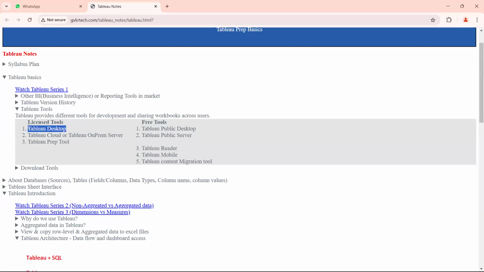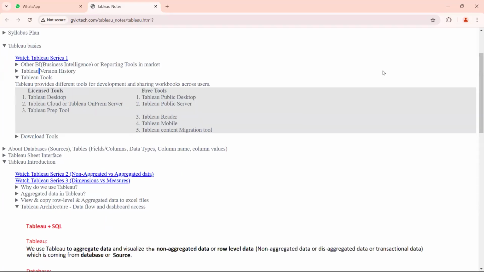As a developer, we have to install this Tableau desktop in your local system. So as I said initially, you can download the Tableau desktop here. So once you download,